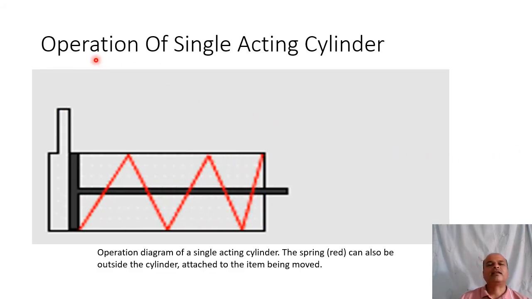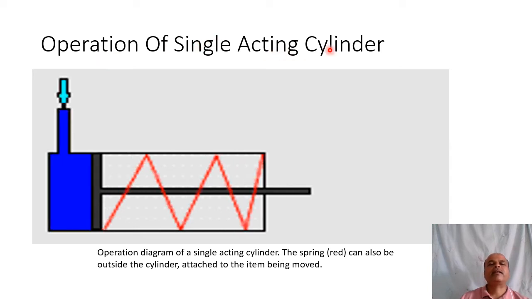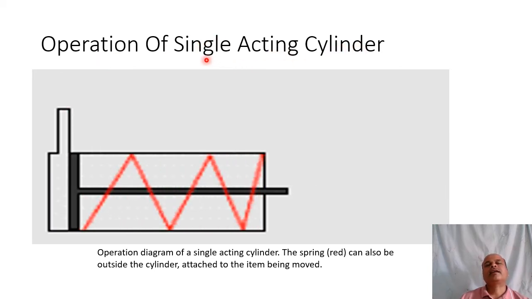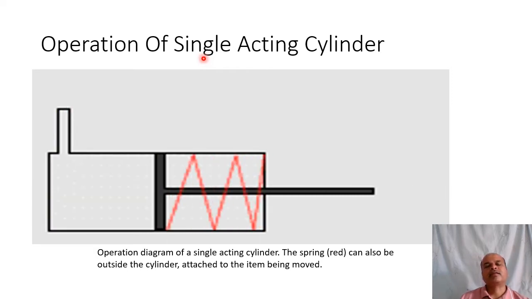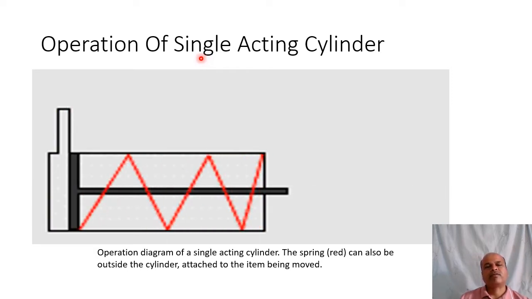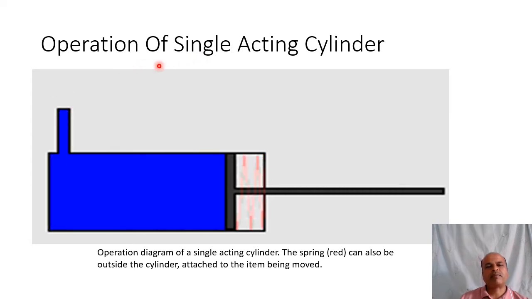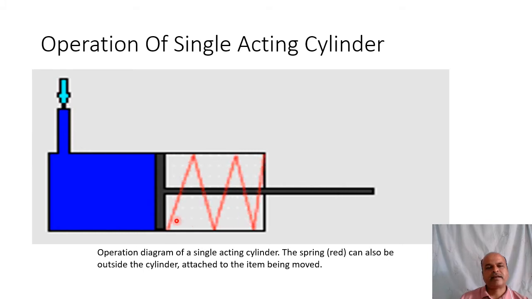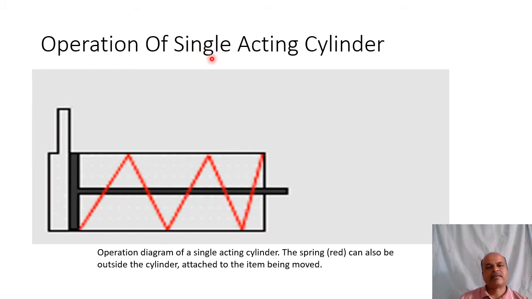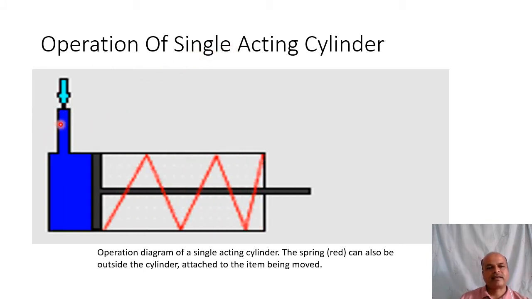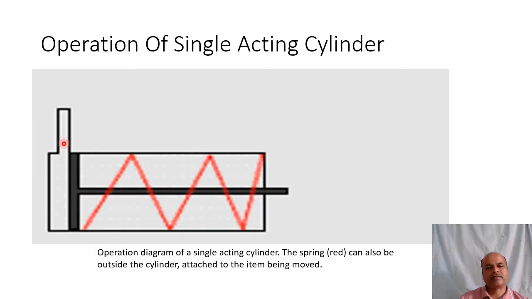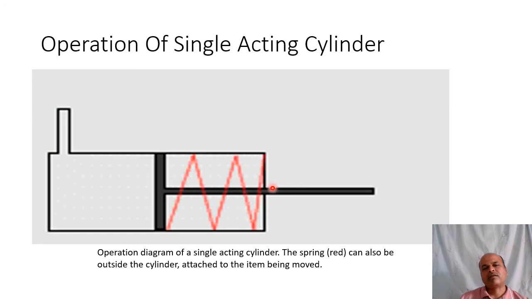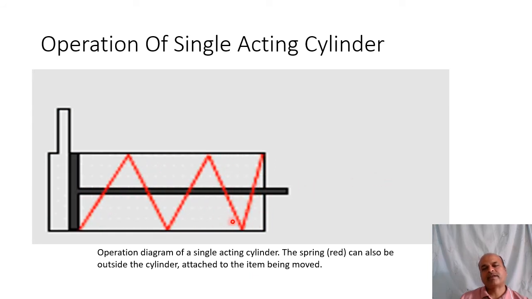Then next is the single acting and double acting cylinder. While selecting single acting and double acting cylinders, we have to consider different parameters. So we will take in short the operation of a single acting cylinder. This is a single acting cylinder. As the name suggests, here there is only one port as shown in this diagram, and this piston rod moves along this direction, and a spring is used as shown in this diagram.